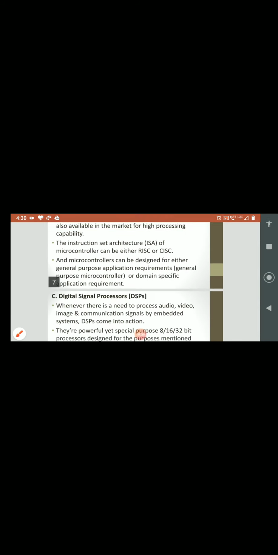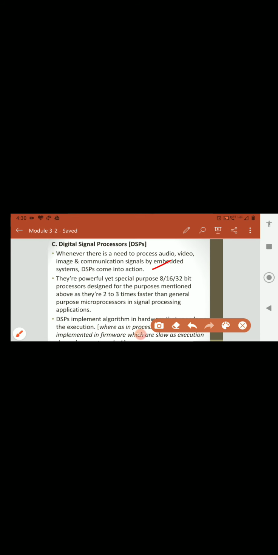They are powerful yet special purpose 8, 16 or 32-bit processors designed for the purposes mentioned above. It may be an 8-bit processor, a 16-bit DSP processor, or a 32-bit DSP processor.